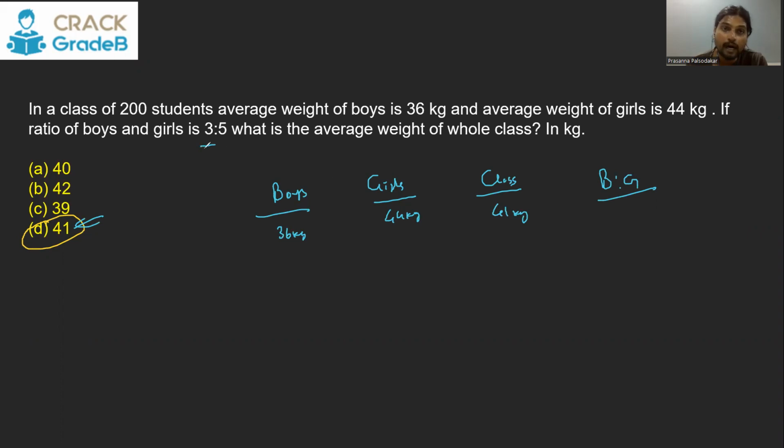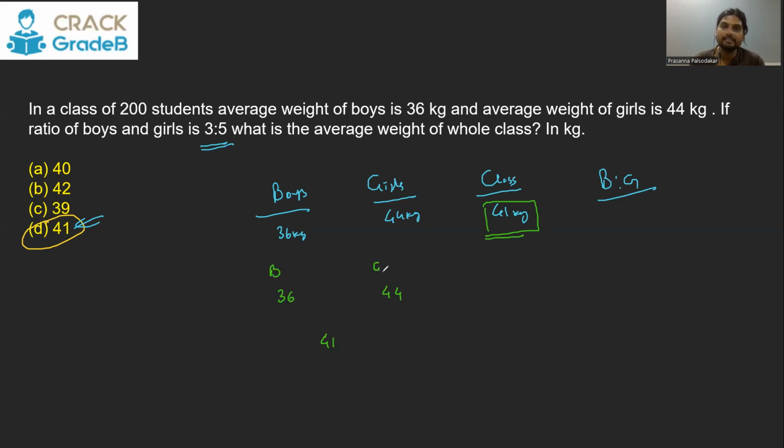That means if you ask this part, at that time, if you use chocolate theory or weighted average, that will be unnecessarily lengthy. At that time, you have to use the method which is called allegation. What is allegation? In allegation, you have to realize the resultant should be given. So on one side, you write the average of the first group. On the second side, you write the average of the second group. And in the center, you write the average of the result, that is the entire group.